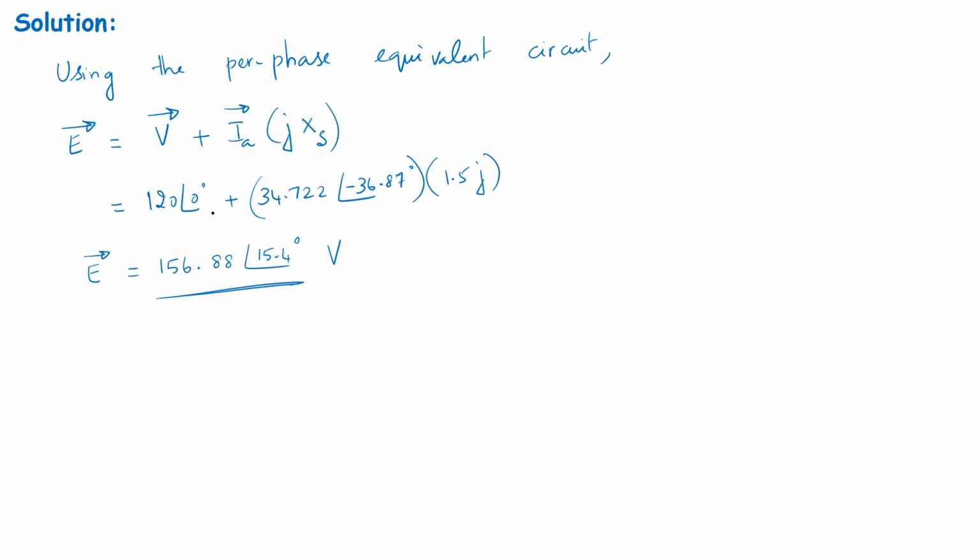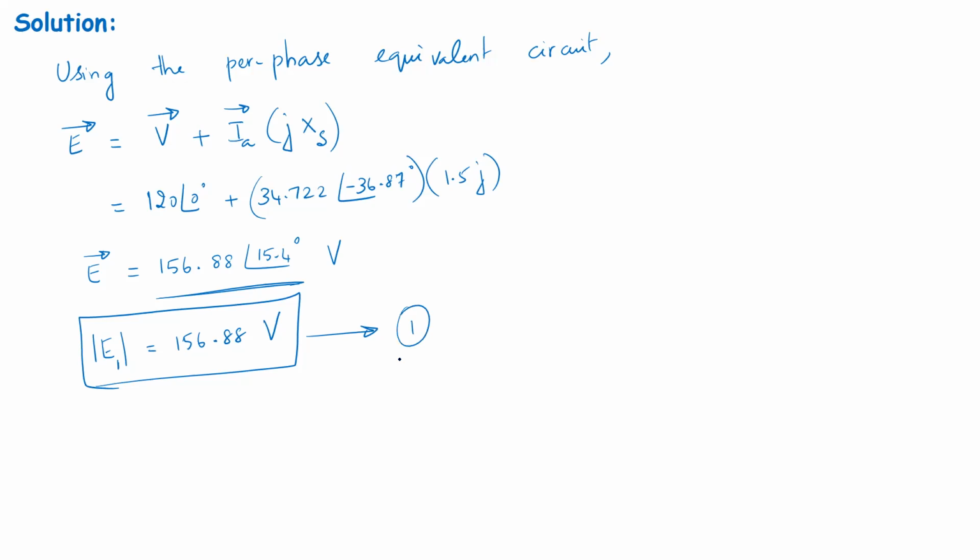Unless the angle is greater than 0, real power cannot flow from the machine into the infinite bus. So if you recollect, the real power flows from the voltage source that has the greater angle compared to the other. So this is excitation EMF E under operating condition 1. The magnitude of E, I'm going to call this E1. Let me write this within the magnitude symbol. Magnitude of E1 is 156.88 volts. This is something I'm going to make a note of and keep.